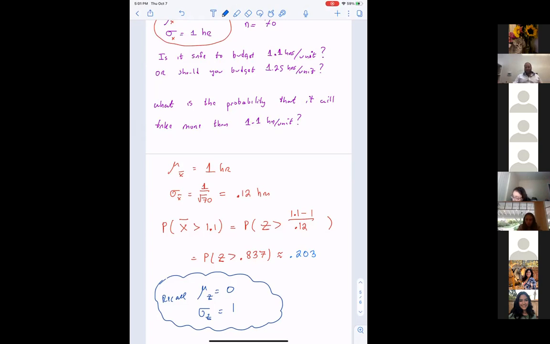Again, at that point, you're approximating at the 1,000th place, so don't worry about it. If you got 0.201, 0.203, same thing. But that tells you that there's a 20% chance that on average, it will take more than 1.1 hours per unit. If you are the owner of this company,